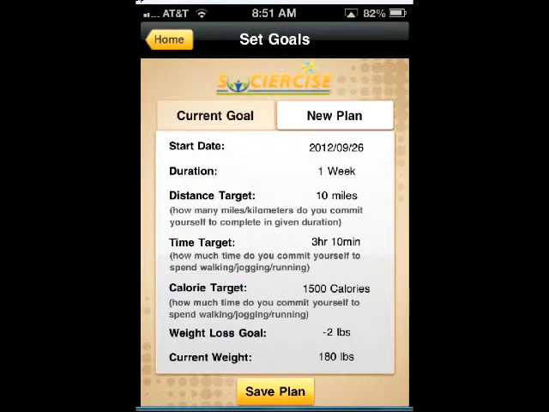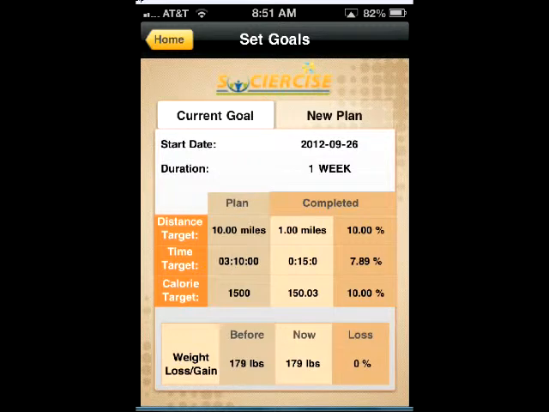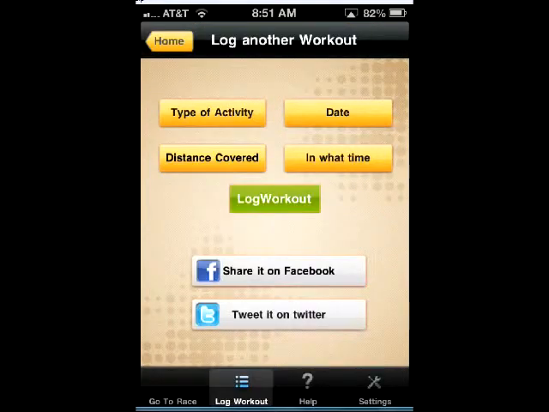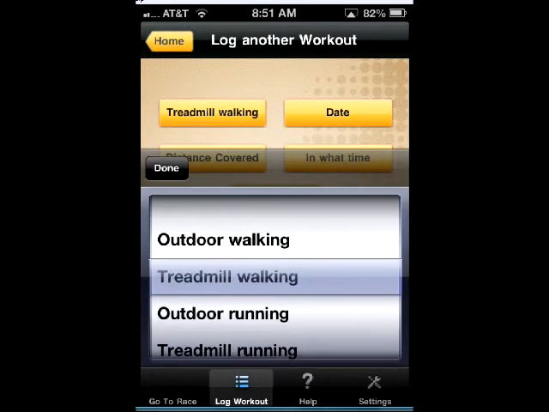And so now we tap the current goal button, and we see our current goals. And if you see there, it says I've already completed 1 mile. Well, that's because I've done this. I've logged a workout. I tapped Log Workout down at the bottom, and I can type an activity. Let's say outdoor running,